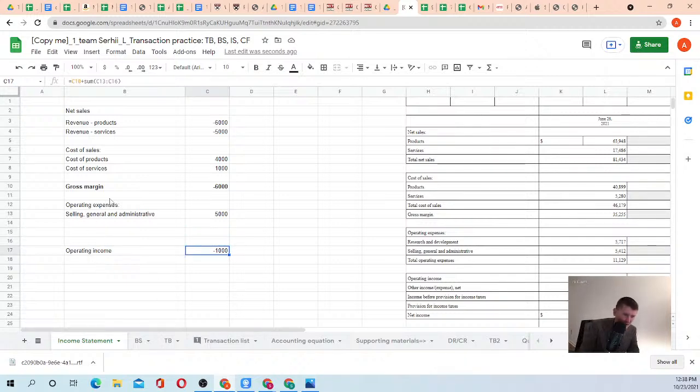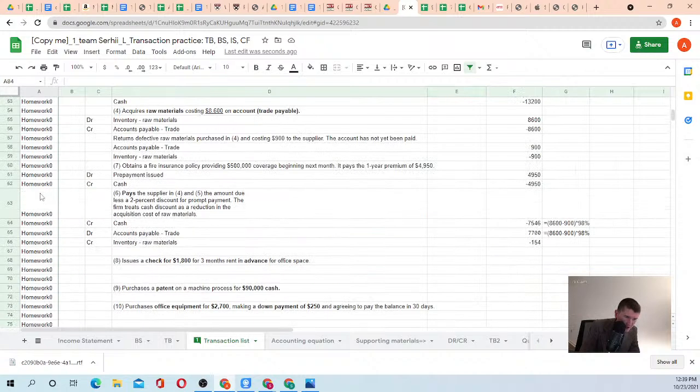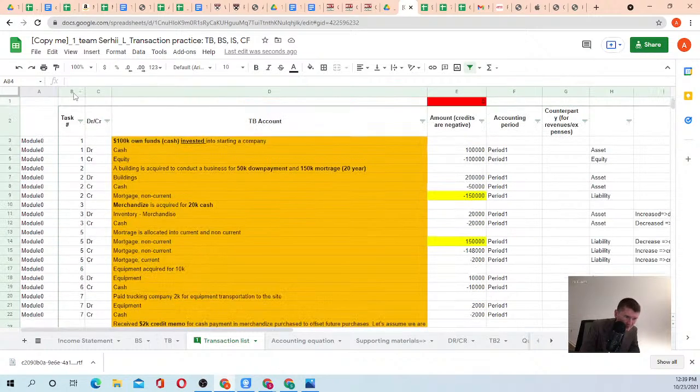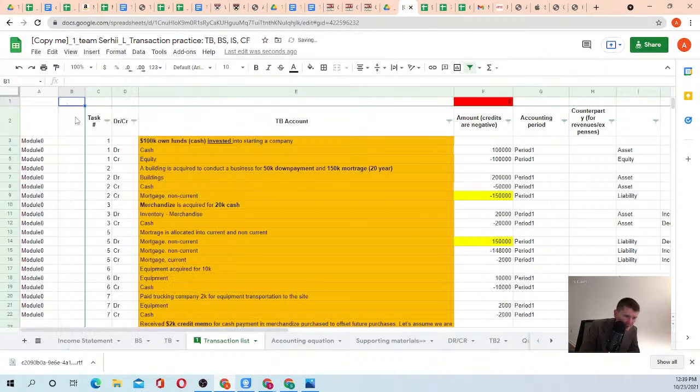Okay. Are you getting a grasp of the principles of the income statement? So what we can do? We can add some hint here: income statement,